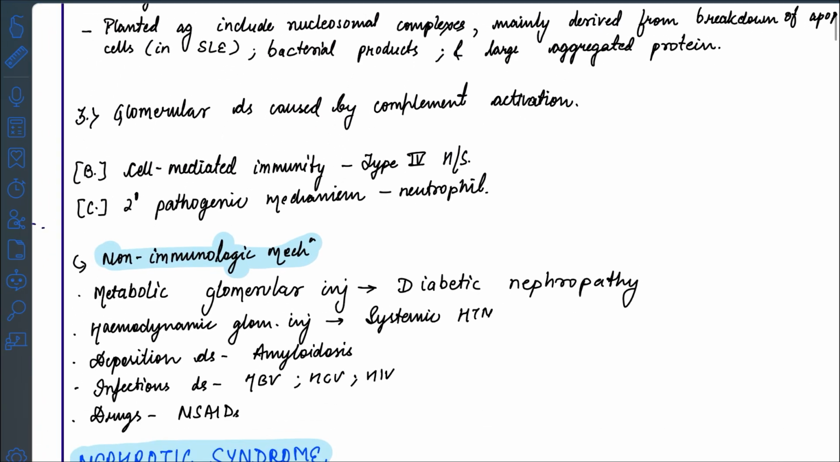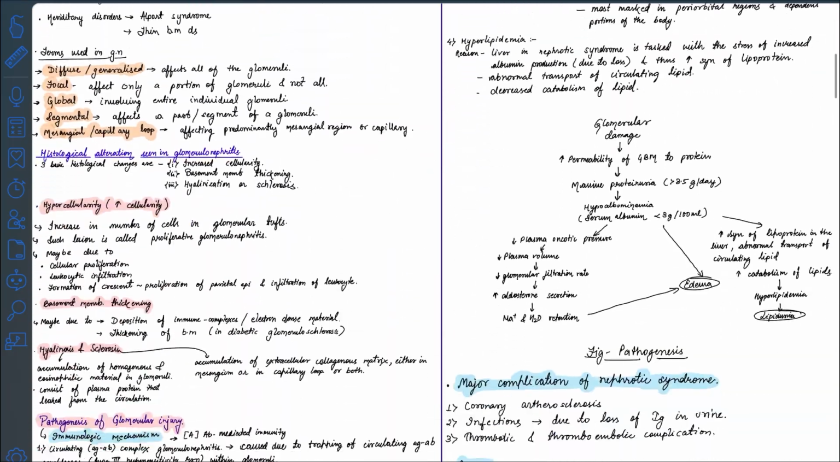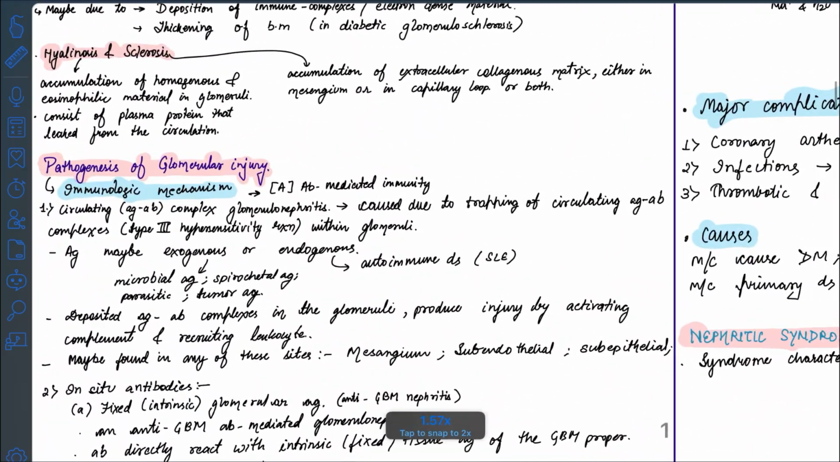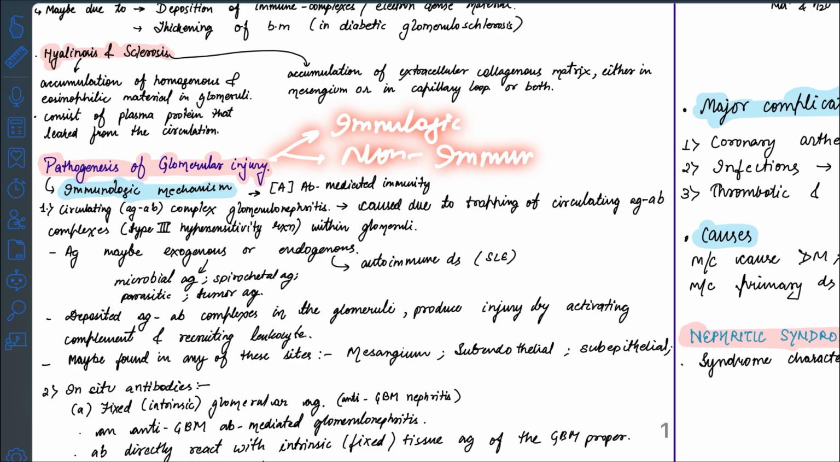Now so this was all about the pathogenesis. अगर एक बार फिर से देखें तो पैथोजेनेसिस का 2 मेन मैकेनिज्म है, इम्यूनोलॉजिक एंड नॉन इम्यूनोलॉजिक, सॉरी अबाउट द स्पेलिंग। सो ये 2 मैकेनिज्म है।